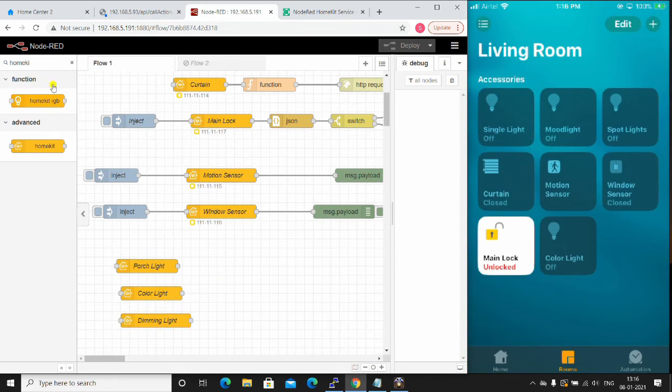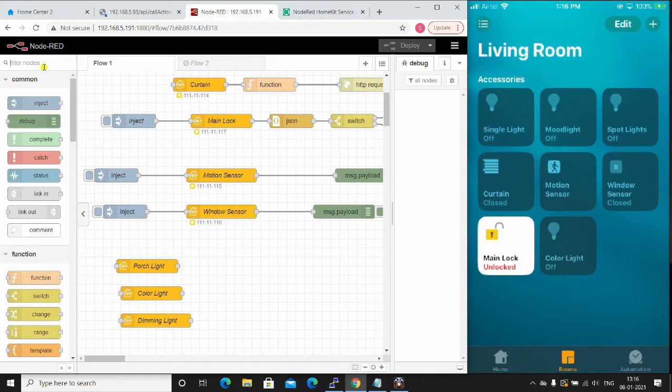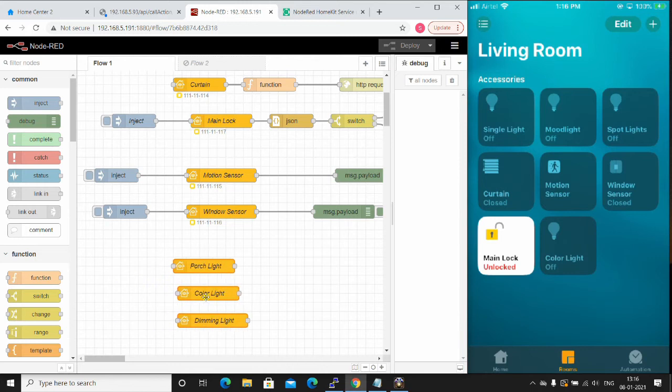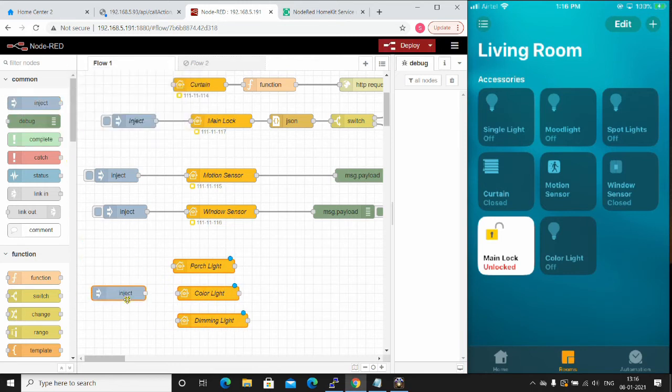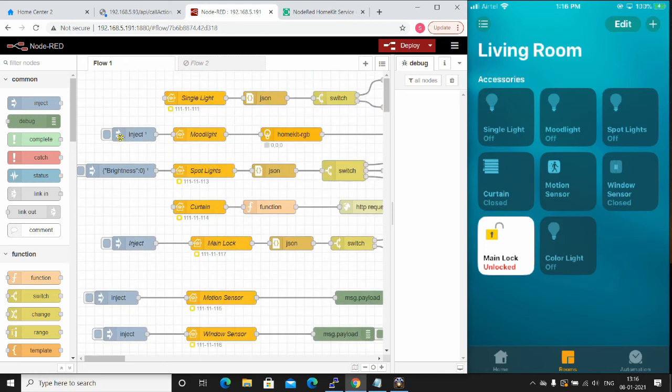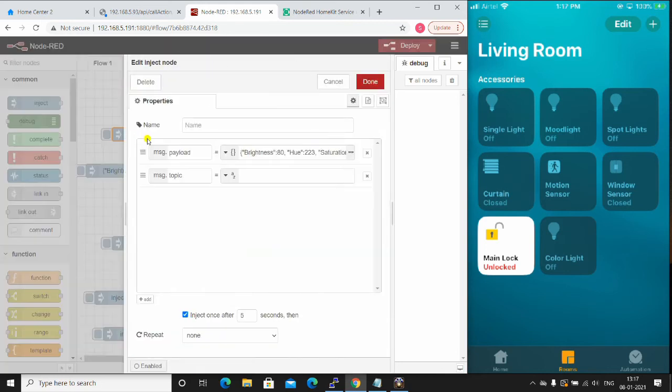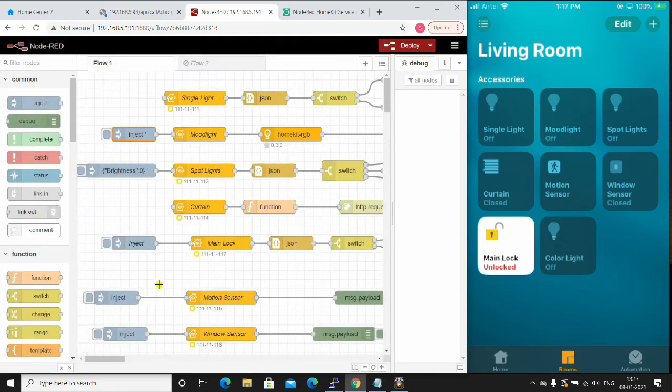By default, this HomeKit node allows you to create on-off lights only. So if it has to be specified as a dimming light or a color light, you need to inject it with a few parameters when it is initialized. For example, for a color light it will take three values, that is hue, saturation and brightness, and for a dimming light you will require just brightness.